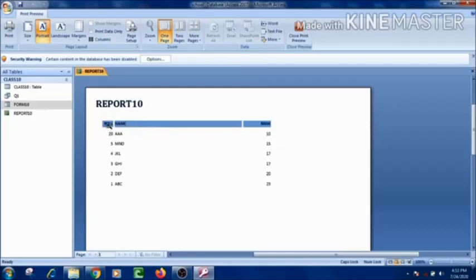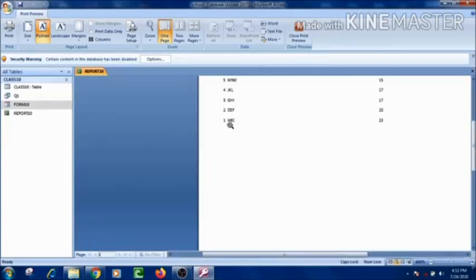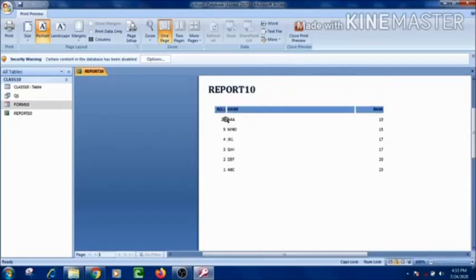And you can see here that the roll number is in descending order because I have changed the order of the records from ascending to descending there. So this is the class 10 report only.